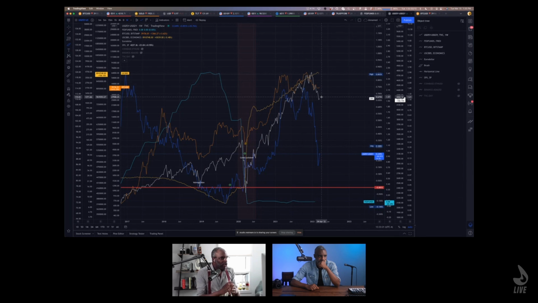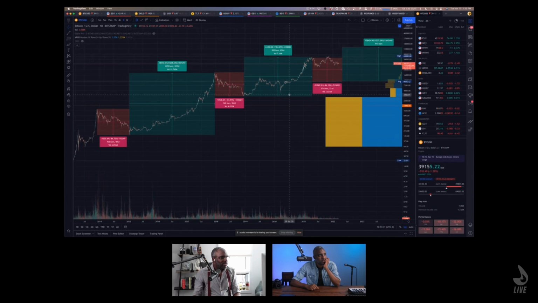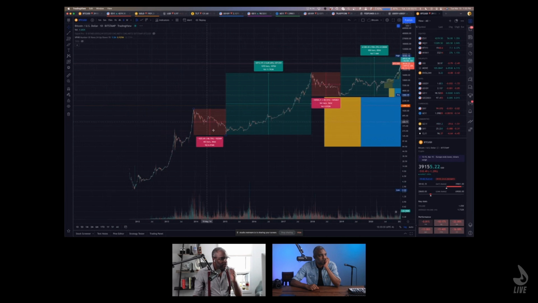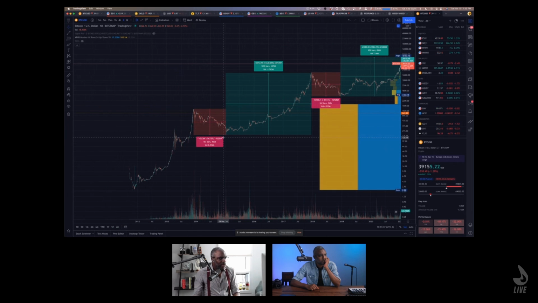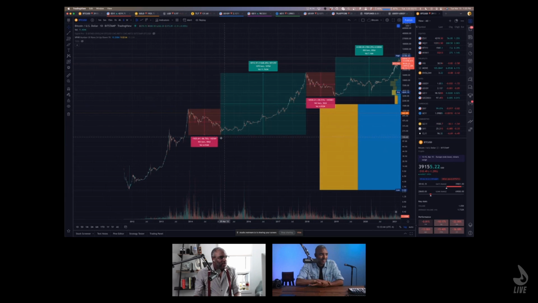If we take a look at previous times of drawdowns for Bitcoin, which is a truer indication for the amount of money flowing around in the system, you'll notice that the first time Bitcoin fell, it fell 86% over a period of 400 days and bottomed. Then over a period of 1,000 days, it rose 11,000%. So if you put $1 in, you would have gotten 116 times your money.